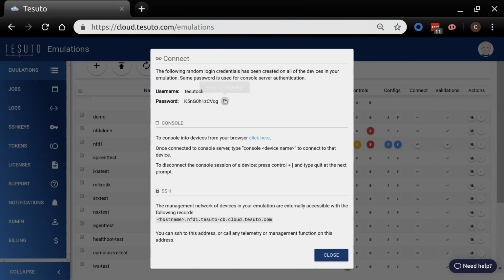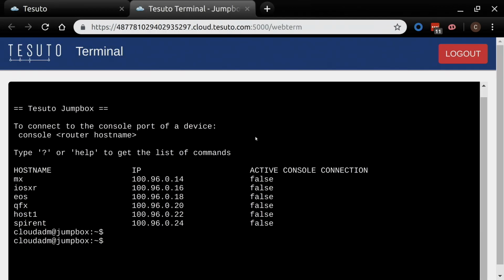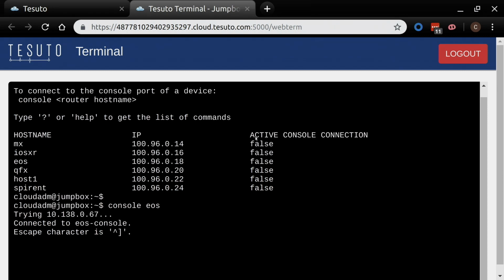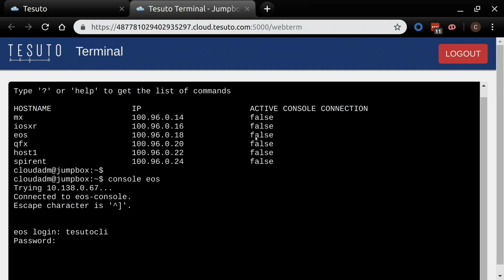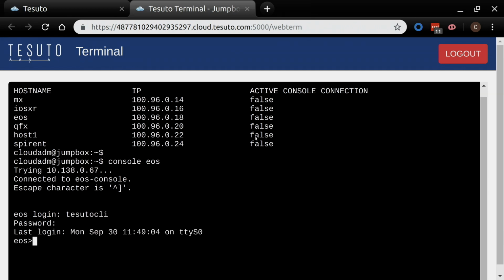But maybe I just need a quick connection and I don't have a terminal. I can come in here and basically I've got a jump box, and now I can actually console into these routers. So if I've crashed it and it's no longer network accessible, from here I can say console EOS. I logged in. My default username is Tesuto CLI. I copied the password, and I'm in. And once I'm on this prompt, there's really no way to tell that there's a difference between a production device